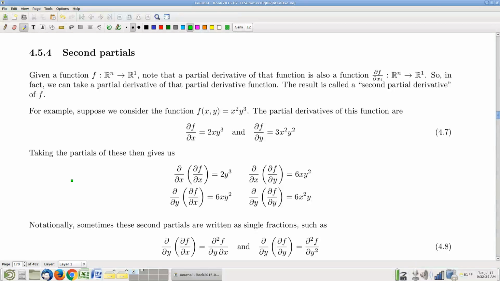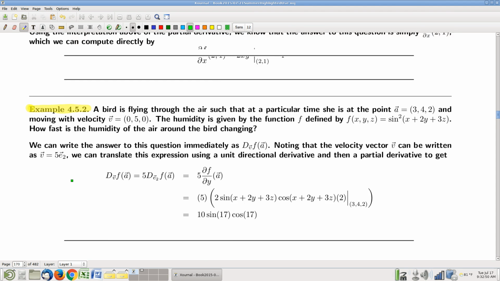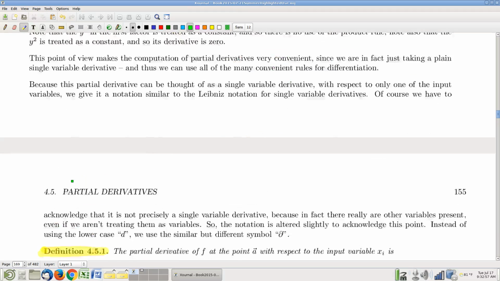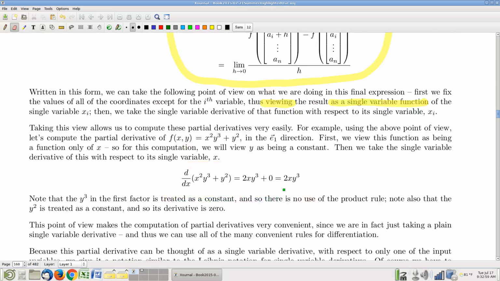Okay, so here's where we left off last time. We talked about partial derivatives, a lot like single variable derivatives, really. I mean, in terms of the computation. In fact, I put forth partial derivatives as the easiest derivatives to compute. They're even easier than single variable derivatives, because when you're computing a partial derivative,